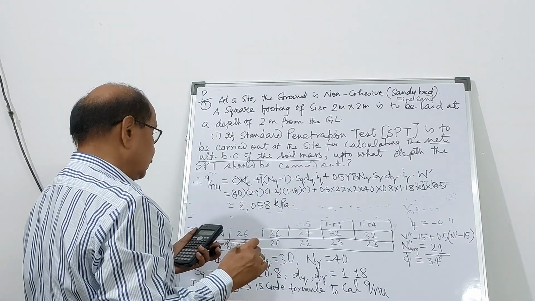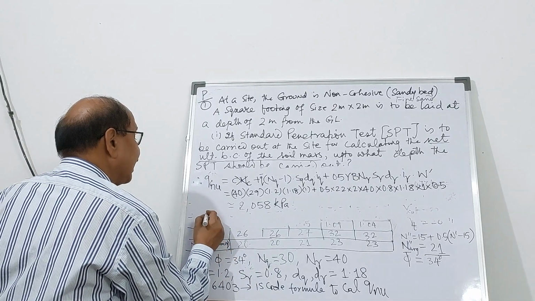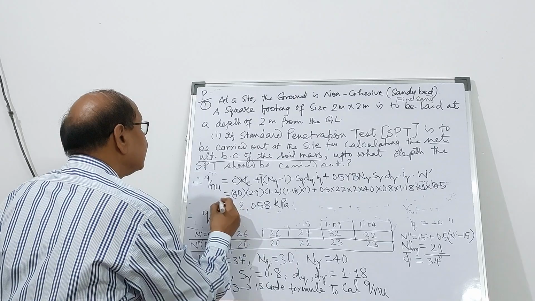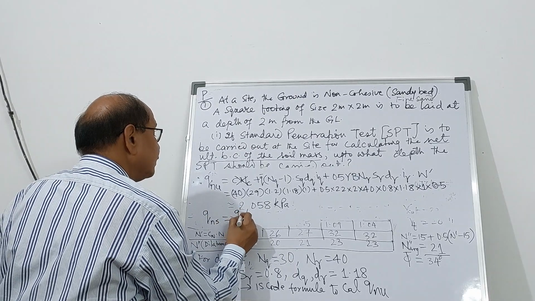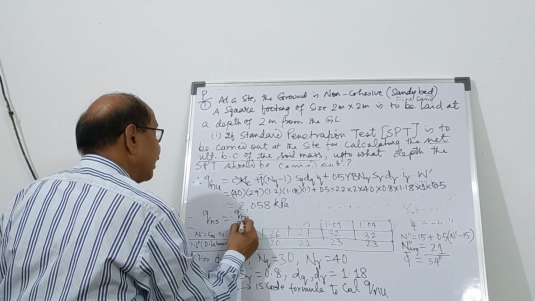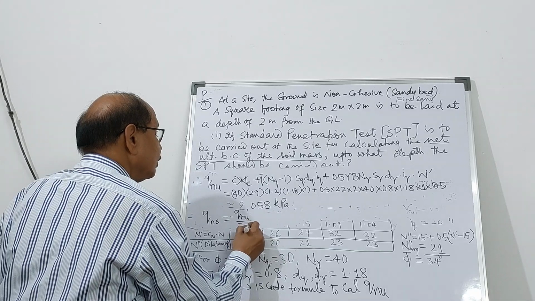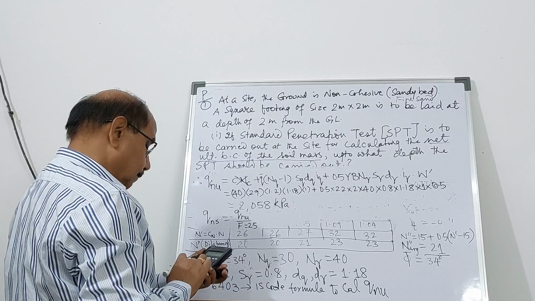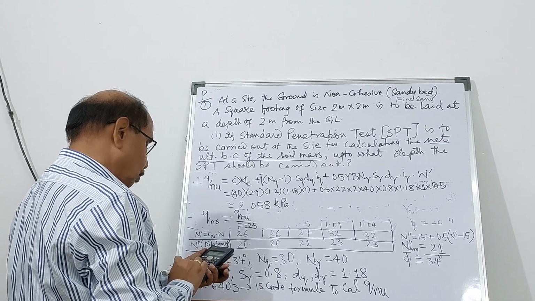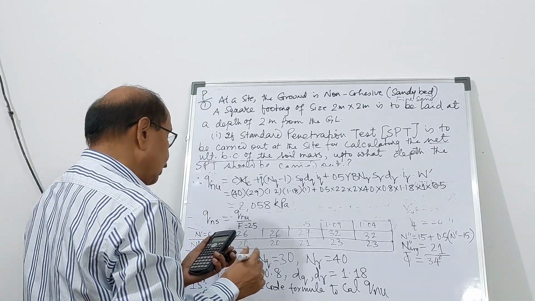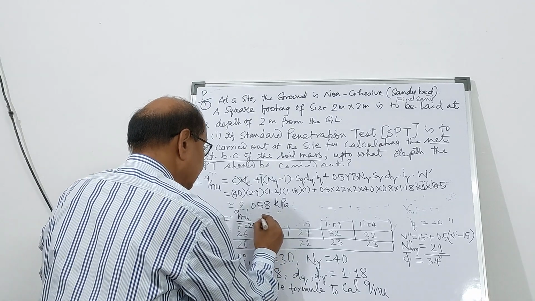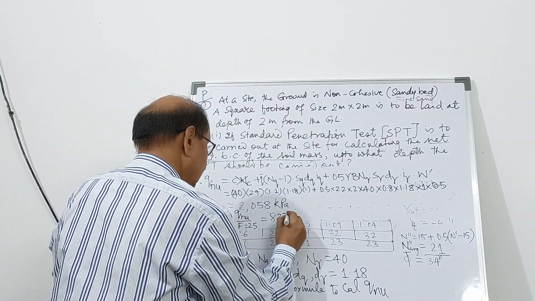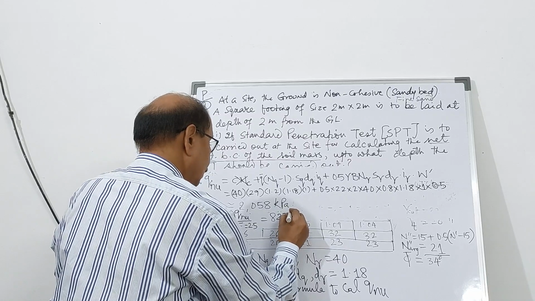And if you want to find out the net safe bearing capacity, then the net ultimate bearing capacity divided by a factor of safety, which you can take as 2.5. So if you divide it by 2.5, you get 823.1